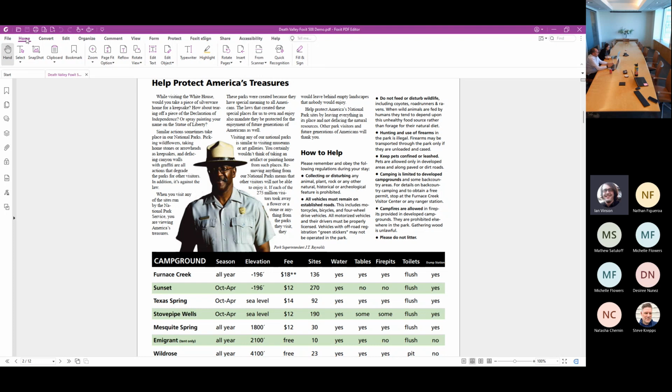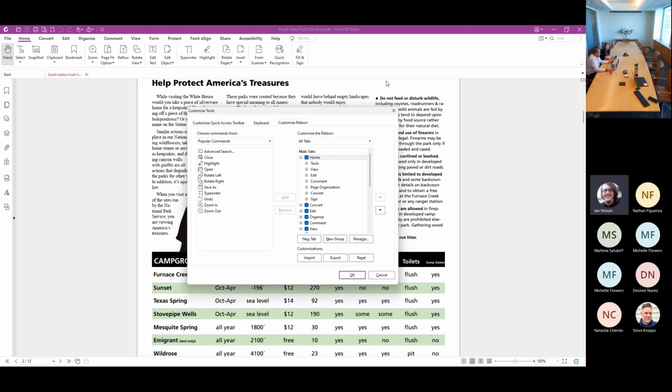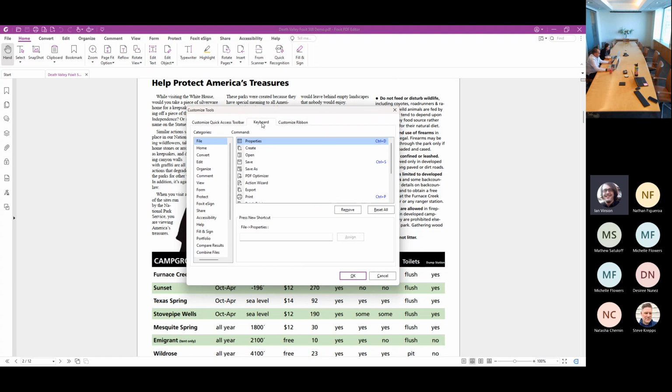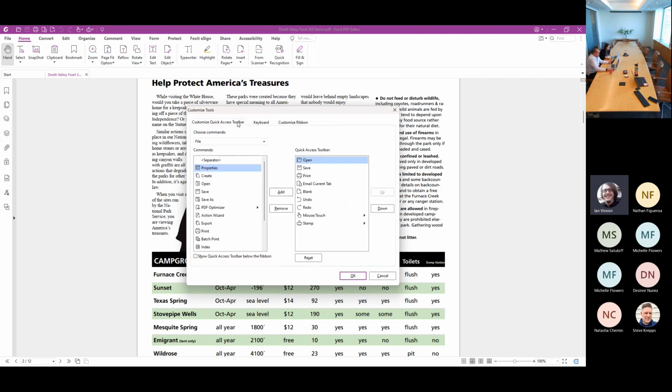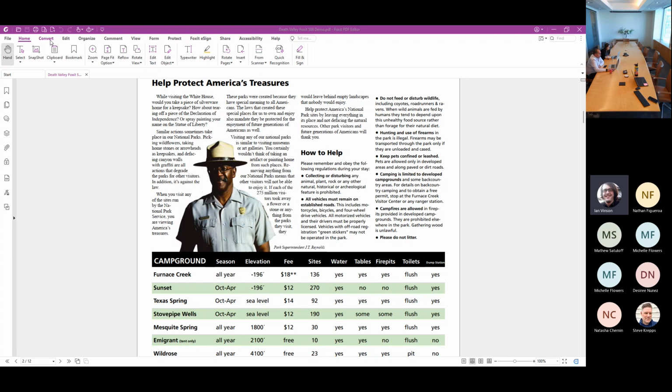But really starting here at the Home tab, just a nice collection of the most widely used tools in the software. And if we would like to, of course, just like the Office ribbon, we can right click and customize it. So if we would like to customize anything on the different tabs here, or add or remove any kind of keyboard shortcuts that we would like to customize, or anything in the quick access toolbar up the very top left or the purple ribbon, we can do that right here in the customize portion. And again, I'm going to go through all the different tabs here up at the top and give some examples,